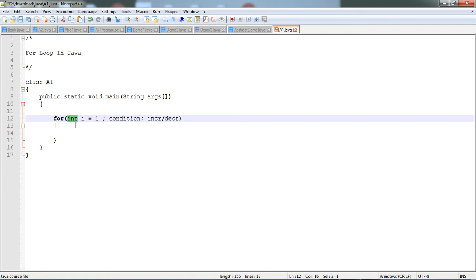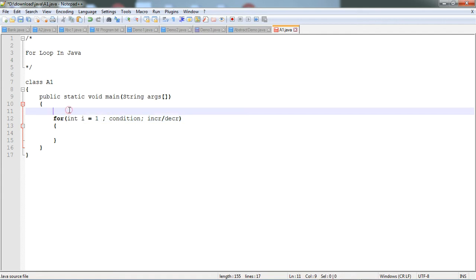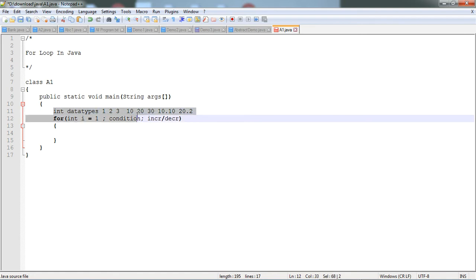And what is int? Int means integer value, so we can store values like 10, 20, 30, but we cannot store 10.10 or 20.2, because int is an integer data type that cannot accept a fractional part. If you want to store only numeric data without a fractional part, like 10, 20, 30, or whole numbers 1, 2, 3, then you must use the integer or long data type.